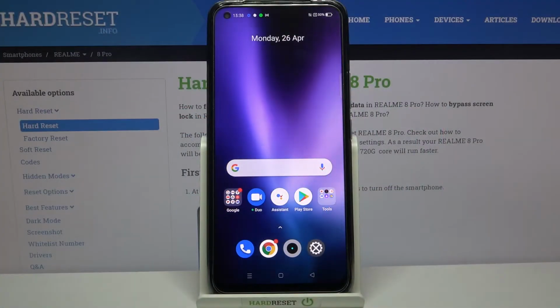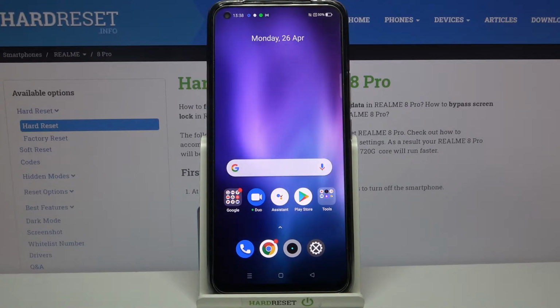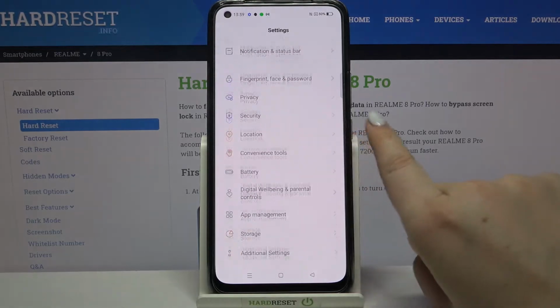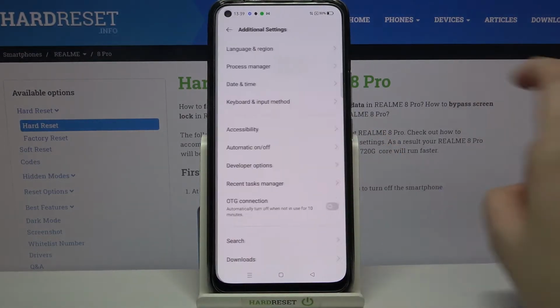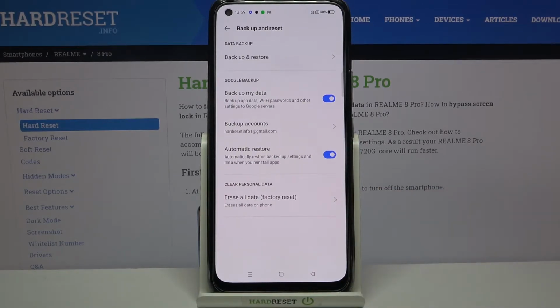Hi everyone, here we've got Realme 8 Pro and let me share with you how to reset network preferences on this device. So firstly we have to enter the settings, and now let's scroll down to actually the very bottom and tap on additional settings. Here we have to scroll down again and tap on backup and reset option, and here